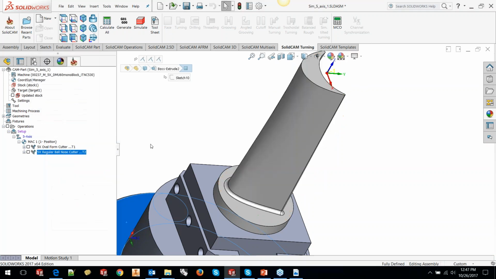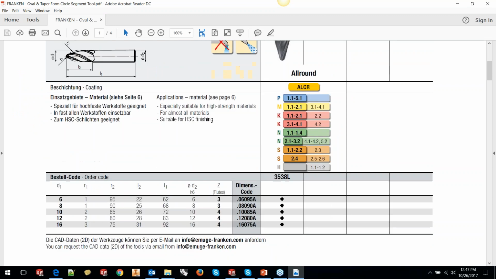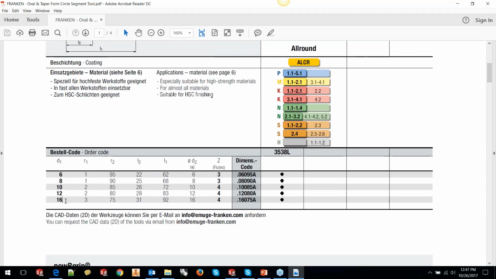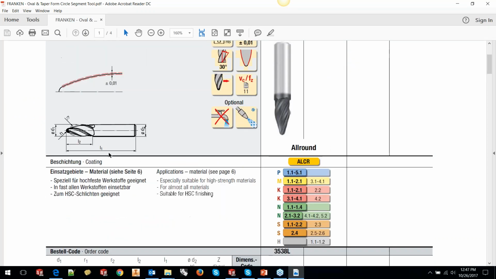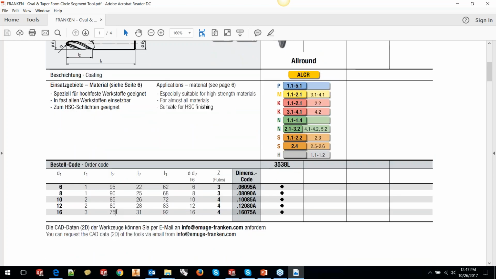What I did then was to take the Imug Franken tool, and I used a 16 millimeter oval form tool, which has got basically two radiuses: R1, the tip radius, and the flank radius. The flank radius is 75. That is what is going to be in contact with our surface for machining. So I have got an R75. You can say I'm using a ball nose of R75 or 150 diameter ball nose to machine that